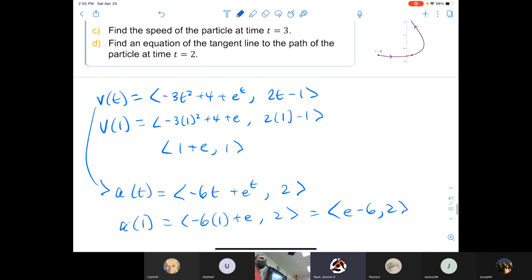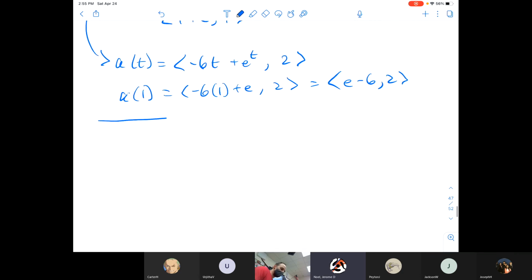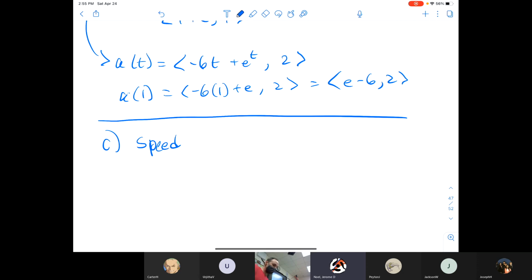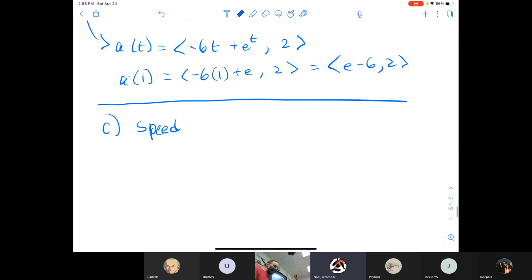All right, part C, find the speed at t equals 3. No, speed's not arc length, only total distance. Speed at 3. It's only going to change the acceleration. So we're going to take the square root of, actually here, I'll write it like this because we want it at 3. So v of 3, absolute value, square root of